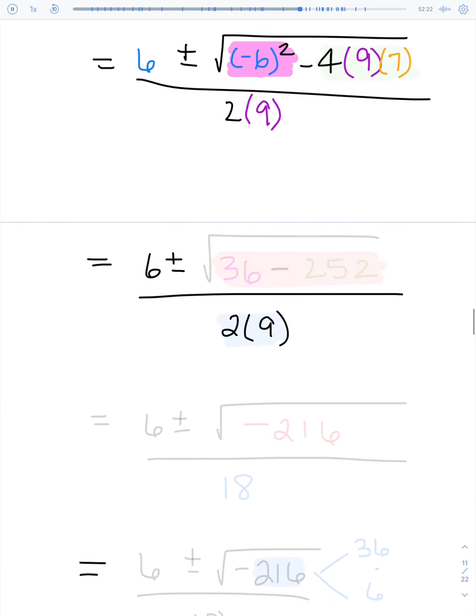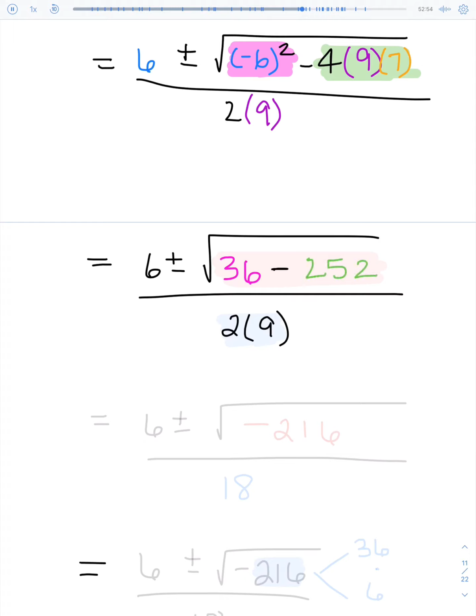Well, negative 6 squared is negative 6 times negative 6, which is actually a positive 36. We have our minus sign that comes next. We might as well go ahead and work left to right and do our multiplication next, which is our 4 times 9 times 7. Well, let's see. 4 times 9 times 7 is